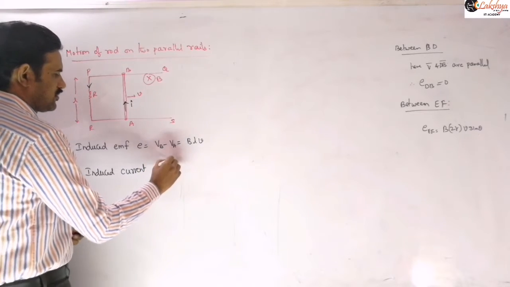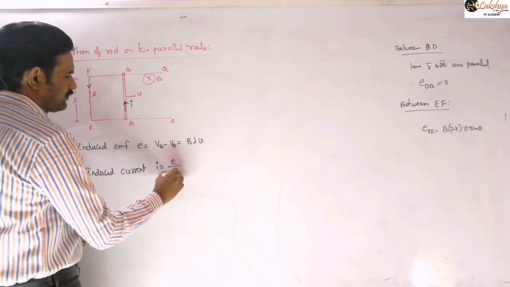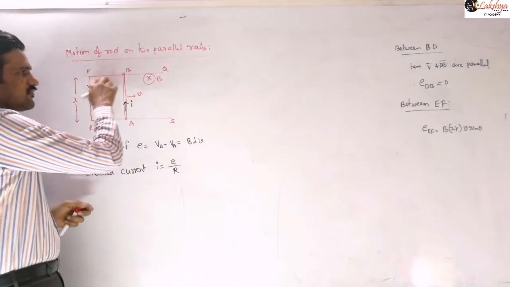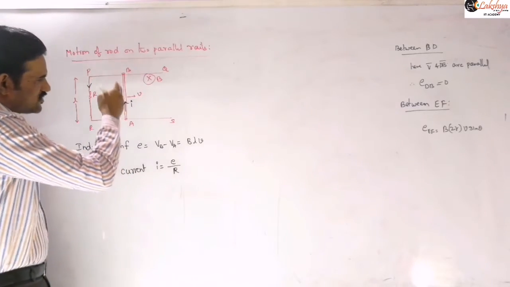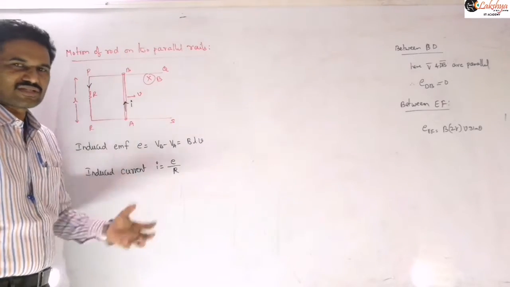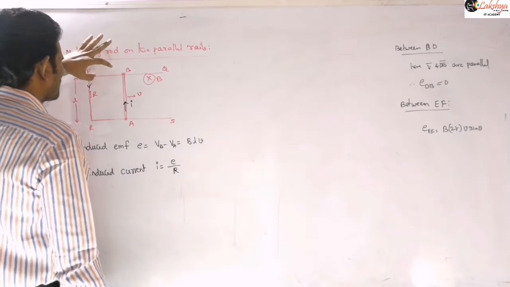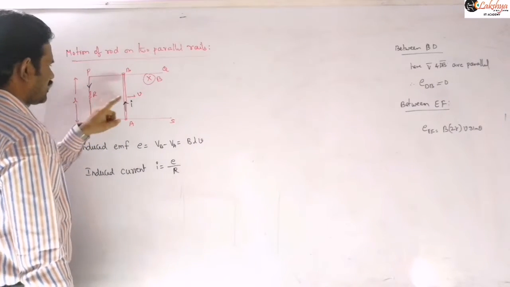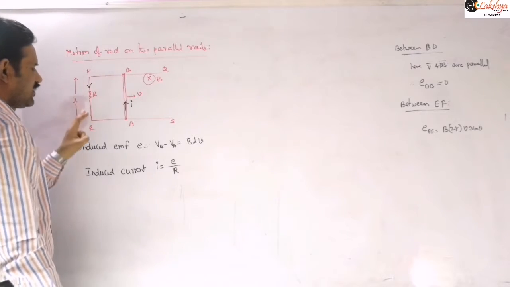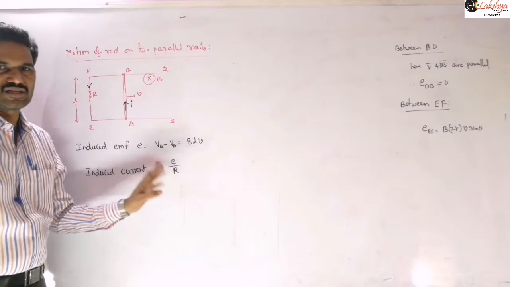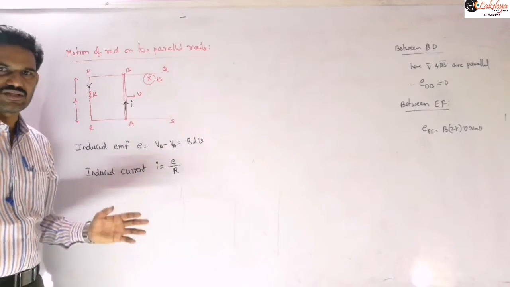So I is equal to E by R, we can write. Sometimes there may be conditions like here, where resistance may be there for these rails, and there may be resistance for this rod also. In such a case, you need to find the effective resistance here. Then they will mention this length and resistance per unit length, and we will discuss such types of problems. Then accordingly you can find the effective resistance, and you need to write the effective resistance in such cases if any other resistances are there, right?